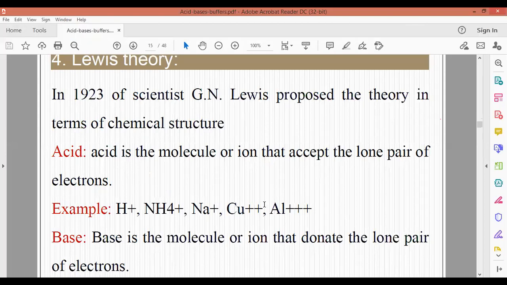According to Lewis, what is meant by an acid? Acid is the molecule or ion that accepts the lone pair of electrons. So what is meant by the lone pair of electrons? So acid is the molecule or the ion which has